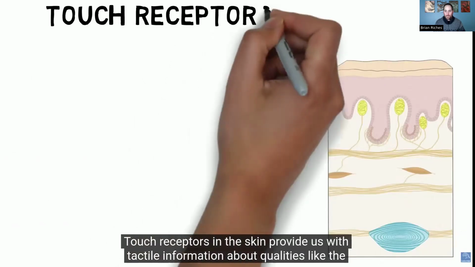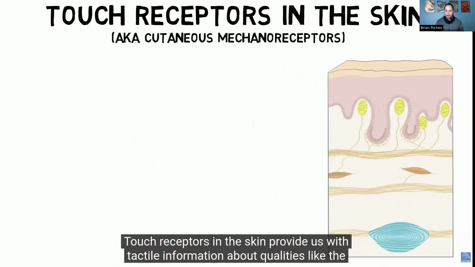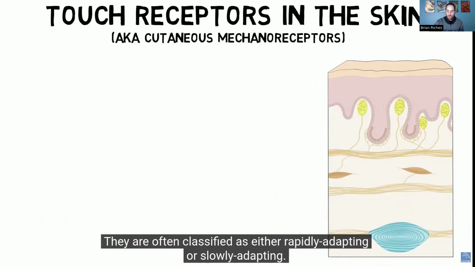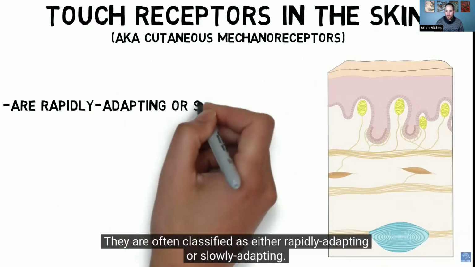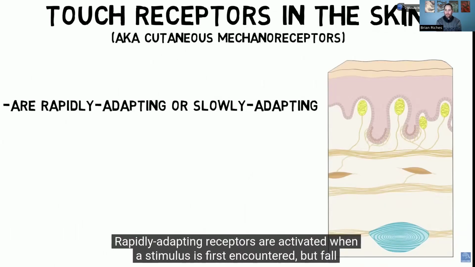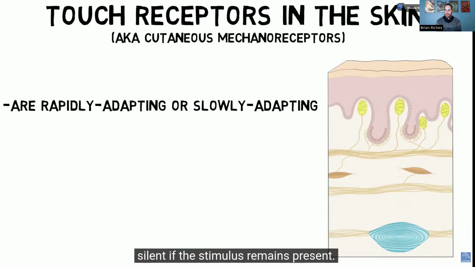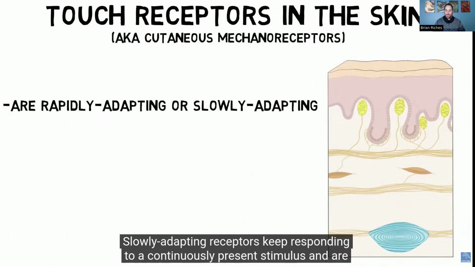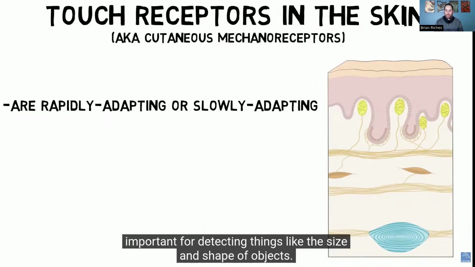Touch receptors in the skin provide us with tactile information about qualities like the position, shape, texture, pressure, and movement of things we come in contact with. They are often classified as either rapidly adapting or slowly adapting. Rapidly adapting receptors are activated when a stimulus is first encountered, but fall silent if the stimulus remains present. They are important for detecting things like movement. Slowly adapting receptors keep responding to a continuously present stimulus and are important for detecting things like the size and